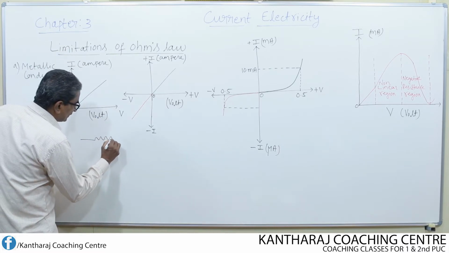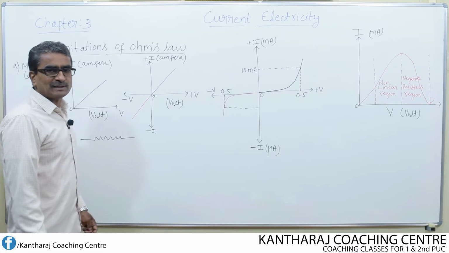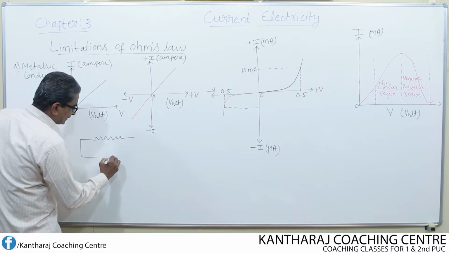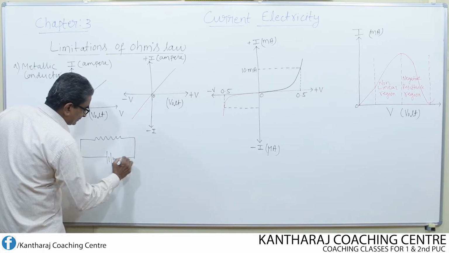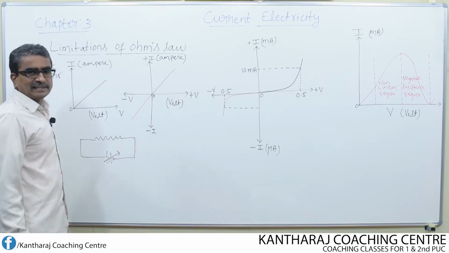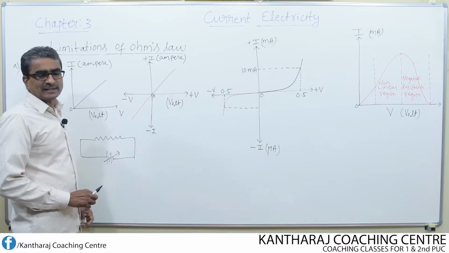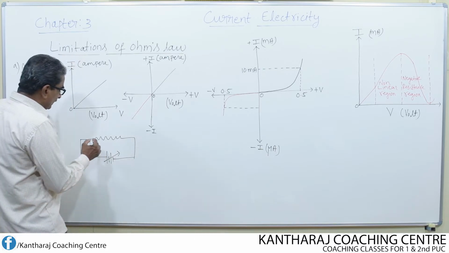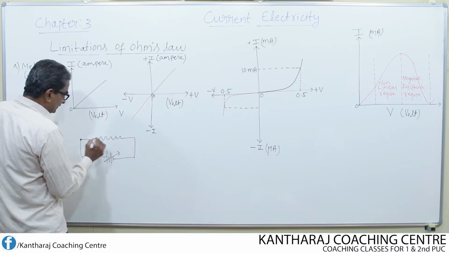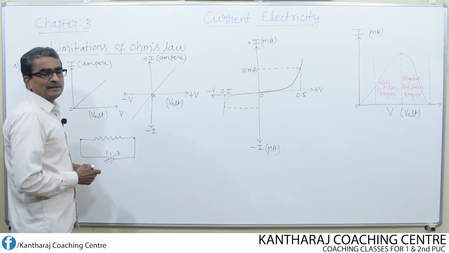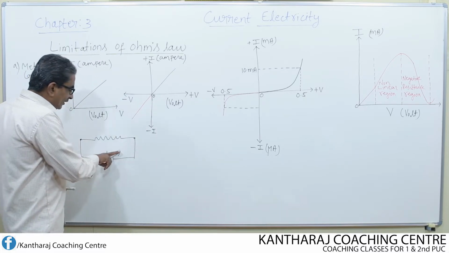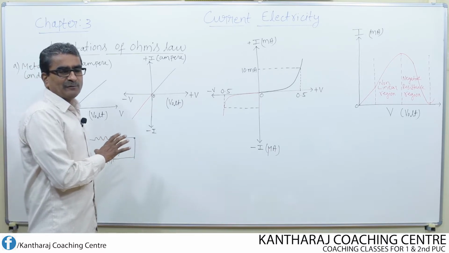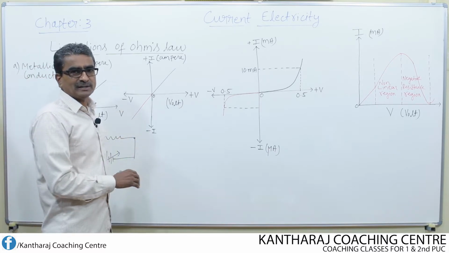simple circuit. So this is a metallic conductor, say for example a copper wire, whose ends are connected to a cell or a battery. I write one arrow, it indicates that it's a variable power supply. That means we can vary the voltage from 0 to maximum. So between the two ends of the wire, we can apply different potential difference. So the arrow indicates variable power supply. If the arrow is not there, then it's a fixed or constant power supply.